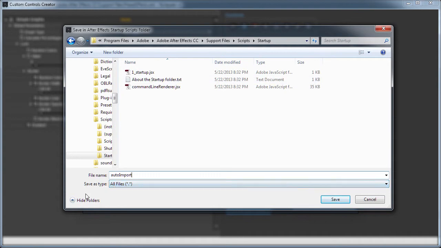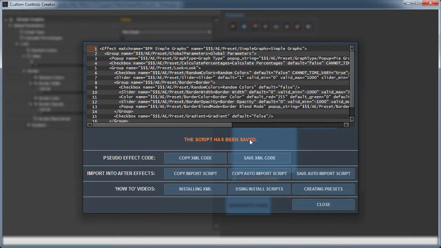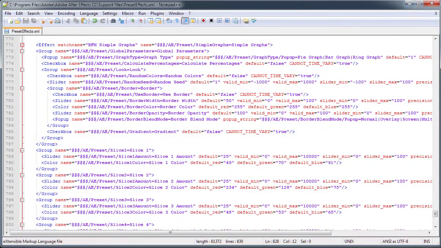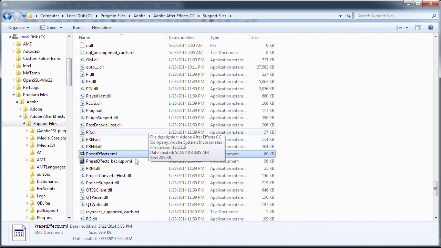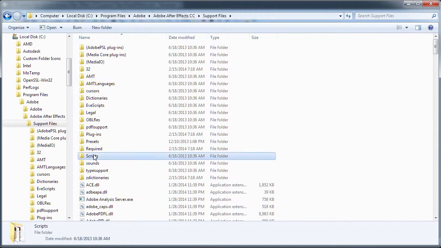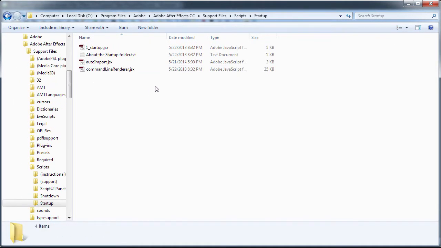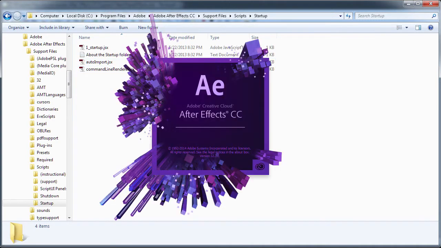And it doesn't really matter what you save it as, because as soon as the script is run, it's actually going to delete itself, and I'll show you how that works. So I'll hit save, and now the script has been saved. We can close out of this. And let me bring up that folder. So there's our auto import script. And when I open up After Effects,